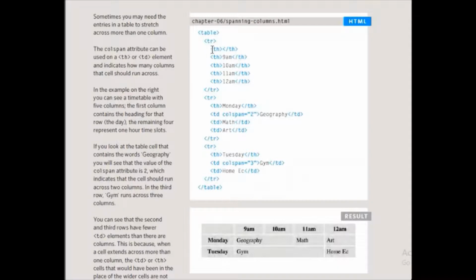In the first row, the first th is empty. You can see there is nothing displayed. The column is created but nothing is displayed. Then we have four more columns, 1, 2, 3, 4, right here. These four columns are created in the first row, and the fifth column is this first one, which is empty, no text.